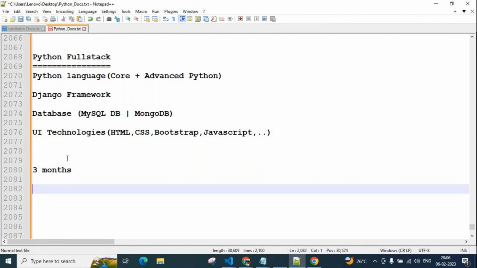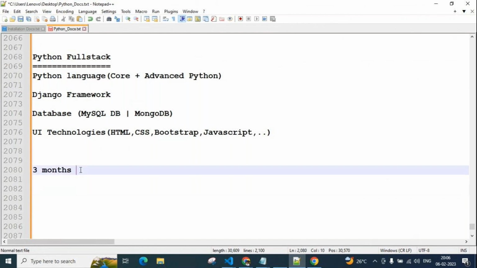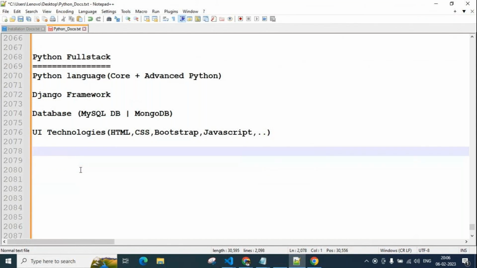The time is 8 p.m. to 9:30, 1.5 hours. Later, after some days, I'll tell you some other timings, 2 hours or 1.5 hours, based on your interest. For example, if you are free at 7:30, from 7:30 we can discuss it like that. I'll take your feedback, and if you are okay with that, we can continue. Otherwise, we will keep the same time. All the things about the time period I already said, so no need to tell many times, guys.